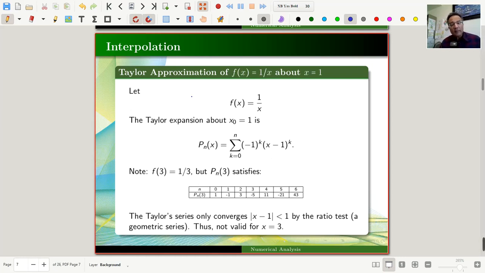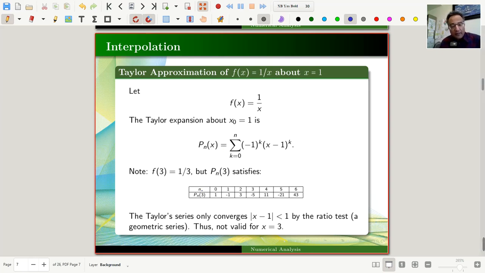But if, for example, you consider f of x equal to 1 over x, then the Taylor expansion about x equal to 1 is something like this: Pn of x equals the sum over k from 0 to n of (-1)^k times (x - 1)^k. Okay? And if we consider f of 3, we know that f of 3 is 1/3 in fact. But if we compute Pn of 3 by the Taylor expansion, we